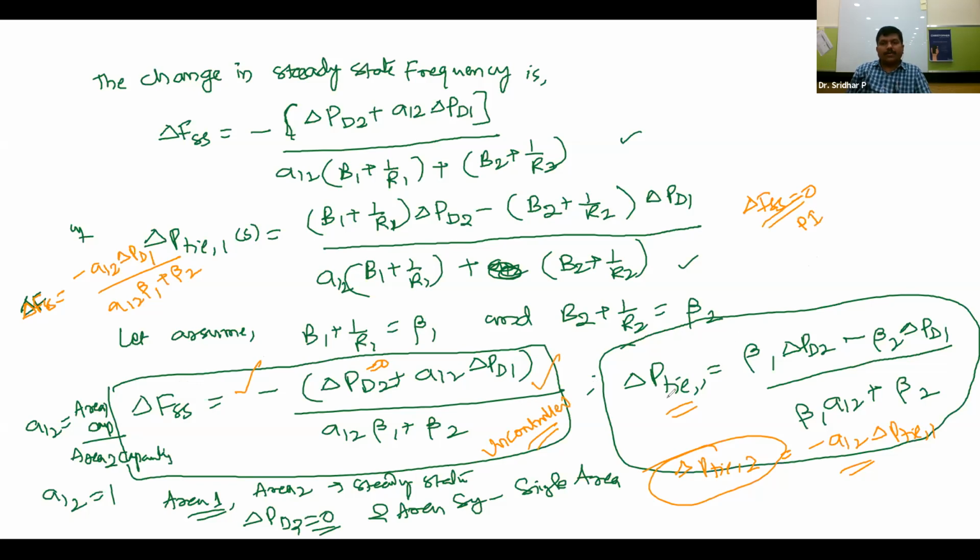Similarly, that also holds good for delta P tie, that is, the change in the tie-line power. In the change in the tie-line power, if it is an isolated case, there are no tie-lines, nothing, but you only have to ensure that this tie-line power is always within the acceptable limits of agreement as per the power agreements or the electricity contractual agreements, that change in the tie-line power must and should be there.